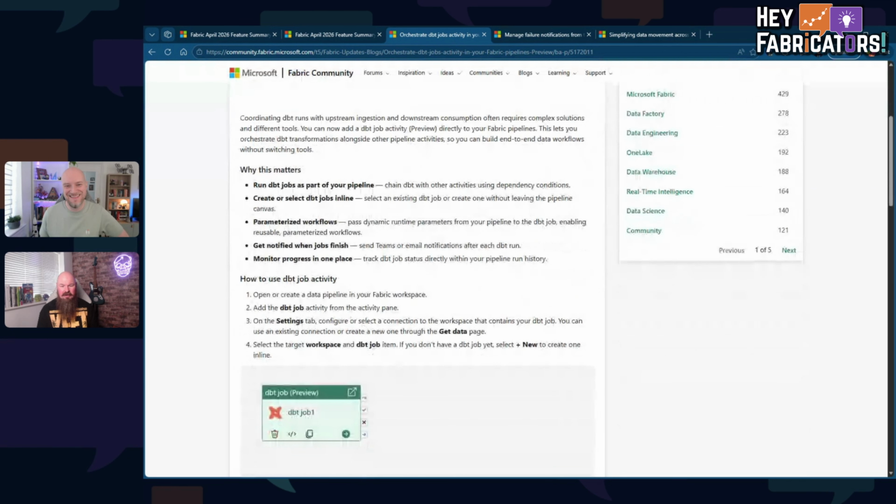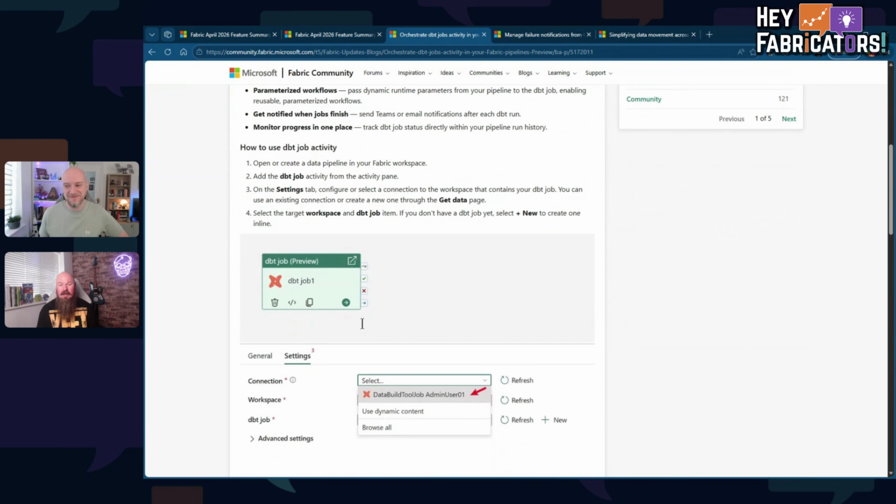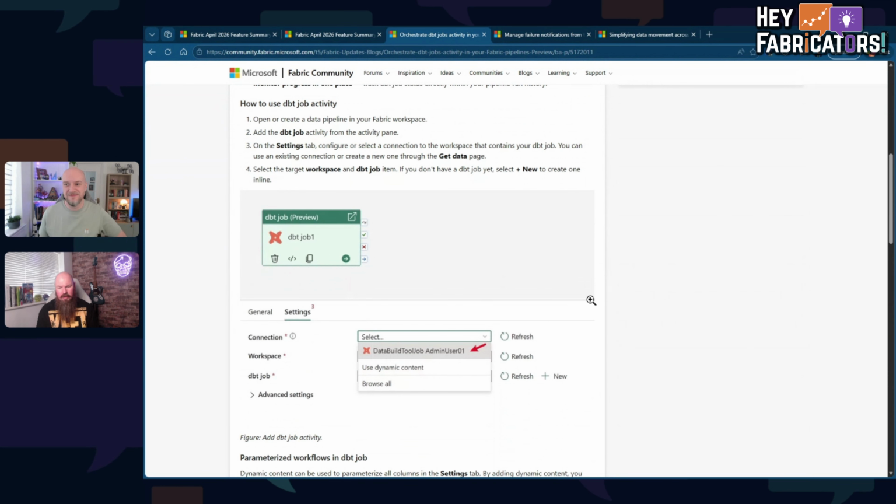Love working with DBT, and I use it with some of my clients currently, not with Fabric currently, but the fact that they are basically enabling being able to use DBT and DBT Core, which is the open source version, and then being able to run that and orchestrate that inside of Fabric is an absolute win. It's a feature that exists inside Databricks already. Again, I feel like I'm forever comparing Fabric and Databricks, being a bit of a Databricks fanboy as well. But really, really glad to see that sort of DBT support come into Fabric.